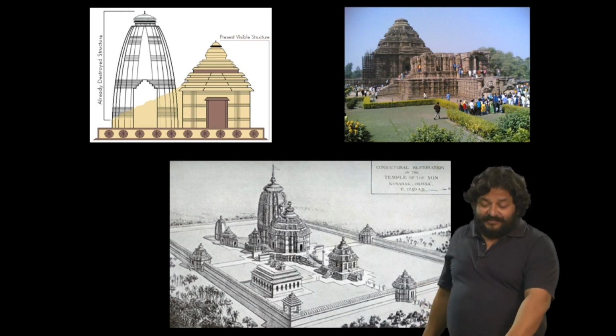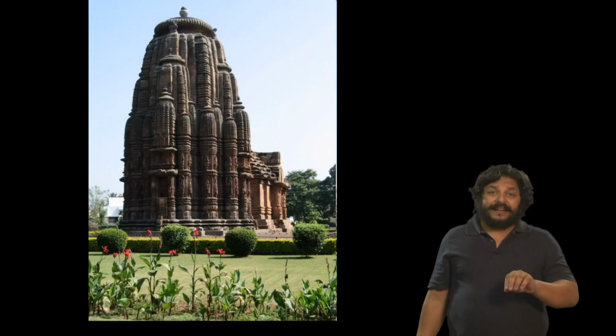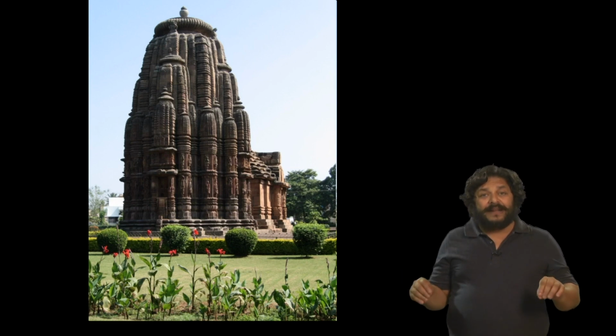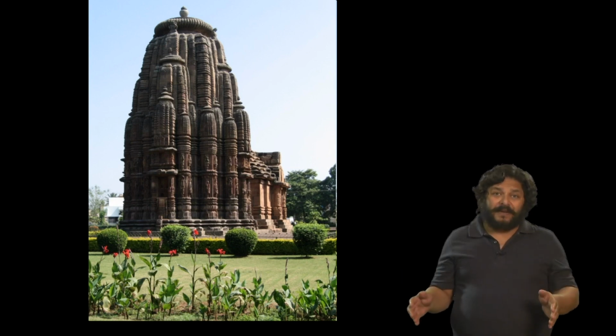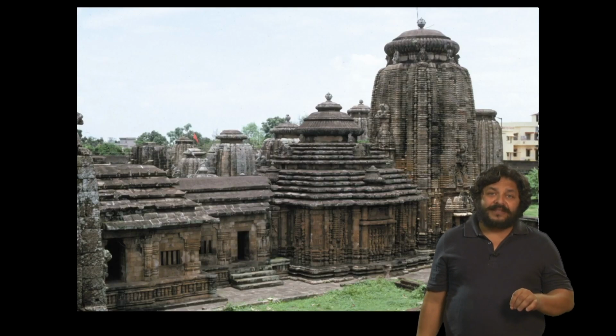A reconstruction from Percy Brown is given below. A typical Kalinga temple looks like this. While the overall composition might be linked to the Shekhari, the melon-shaped curvilinear spires are very distinct for this kind of temple. The Lingaraj temple in Bhubaneswar is probably the most famous standing extant temple of the Kalinga style, where